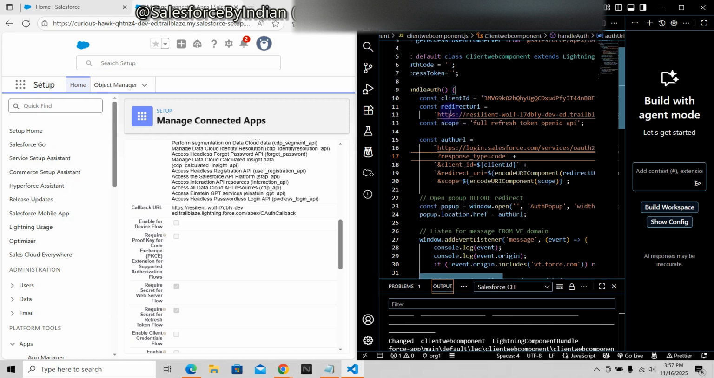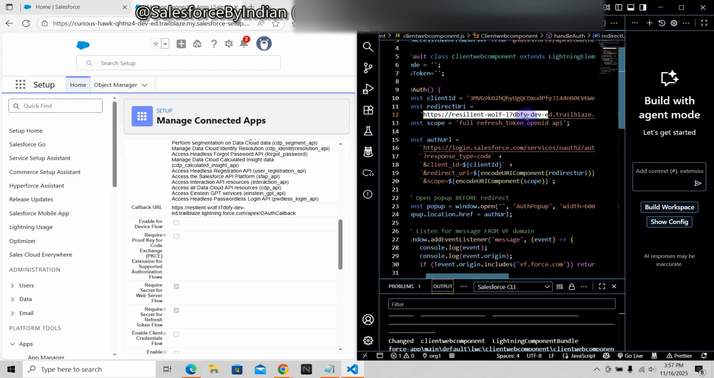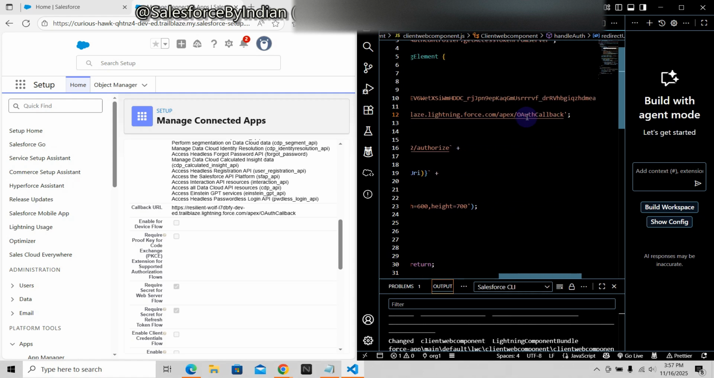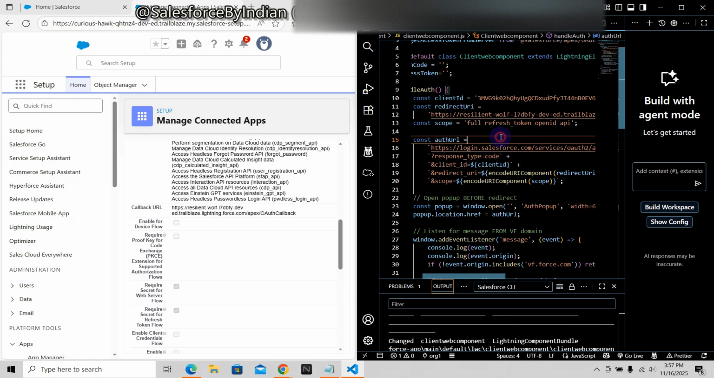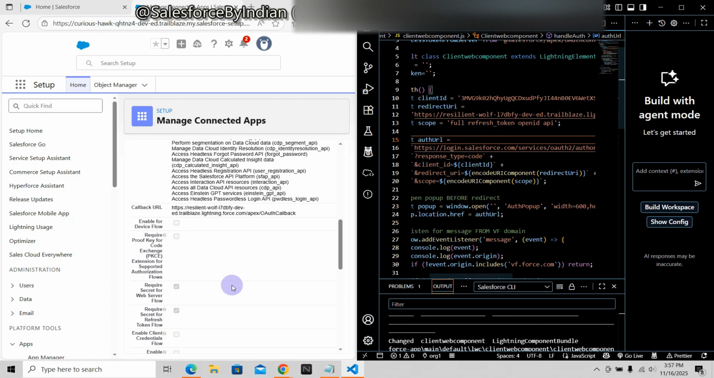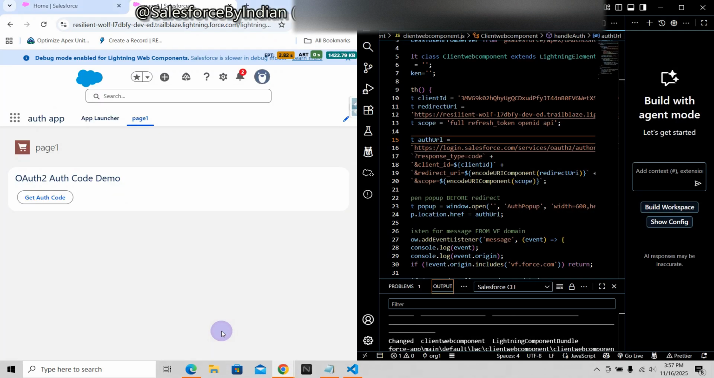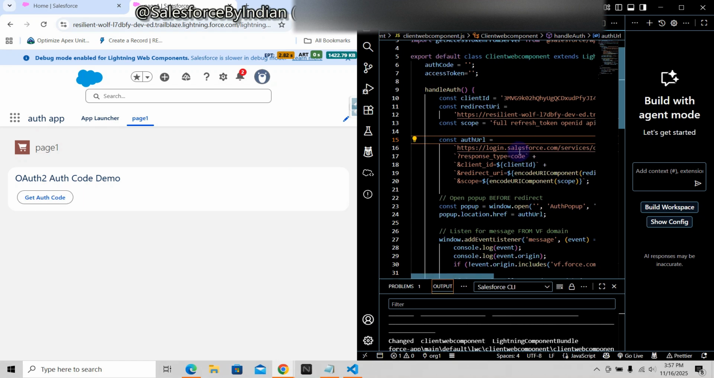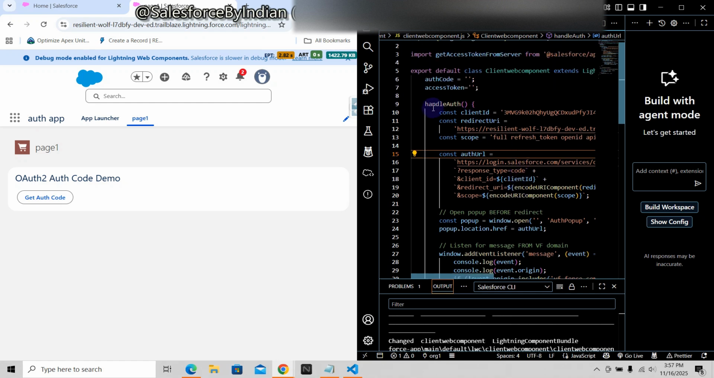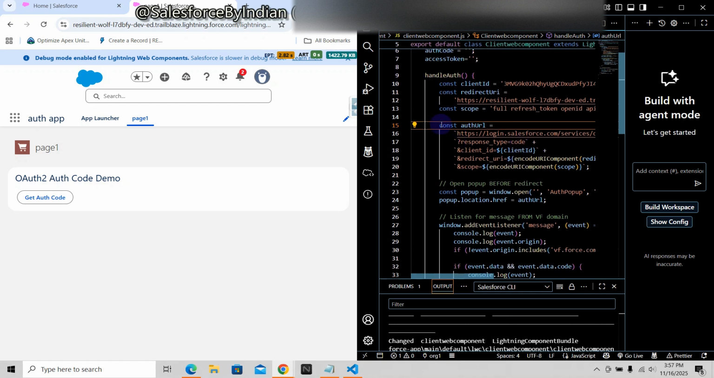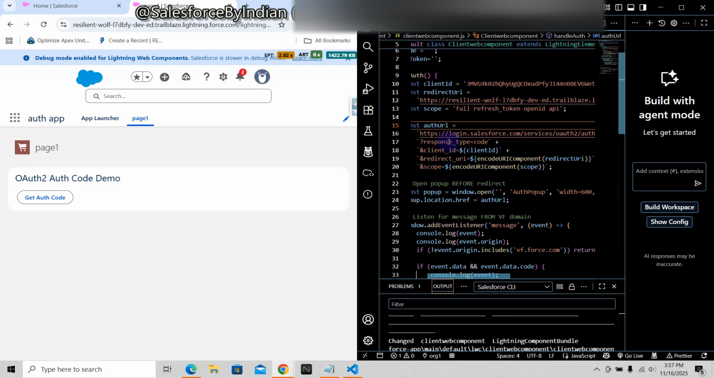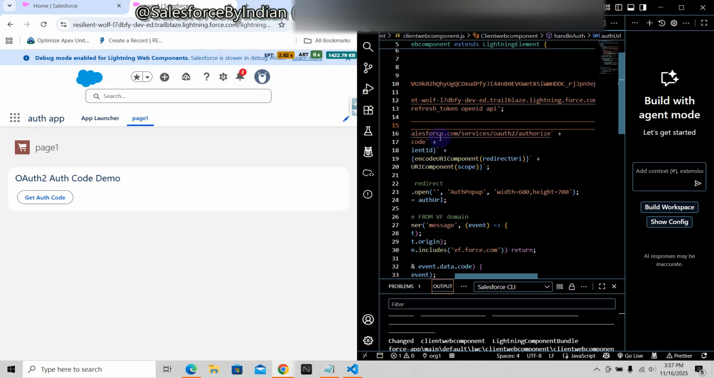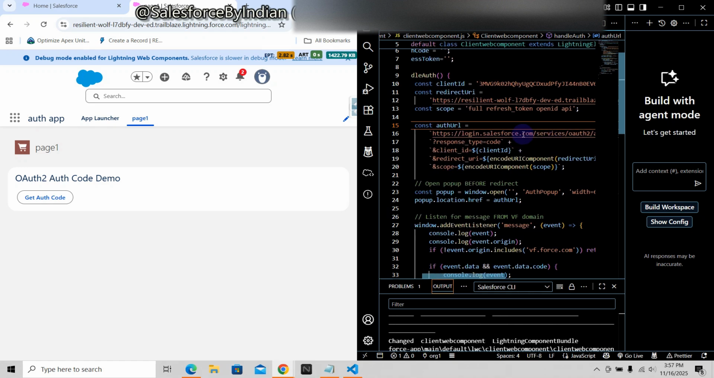See, the redirect URI, we have this, right? I am currently providing a Visualforce page link as the redirect URI. So let me show you my flow again. See, whenever I click on get auth code, what I am actually doing is generating an auth URL. Check the auth URL. This is going to the authorization URL of Salesforce,